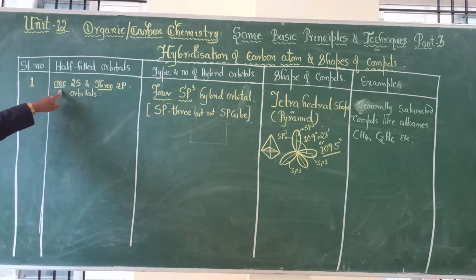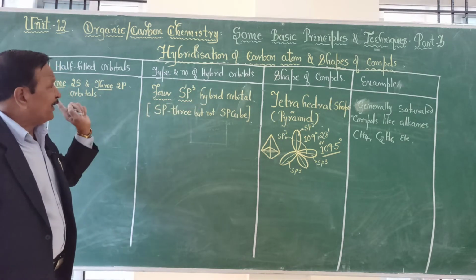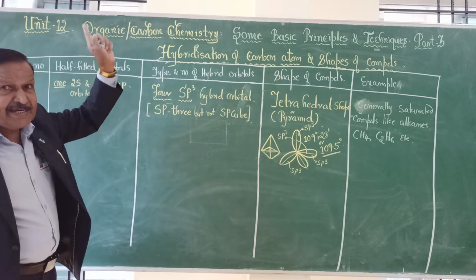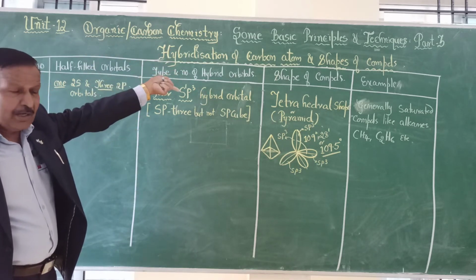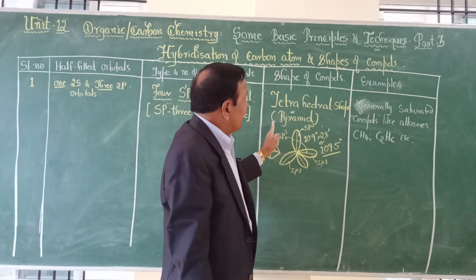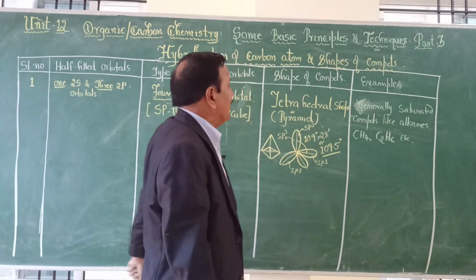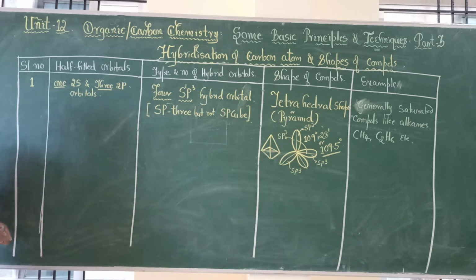So 2s will combine with 2p, and we are going to get here sp3 hybrid orbitals, and that you are going to study in detail in chemical bonding. Okay, but only we want this much. The shape will be tetrahedral shape, and that is also called pyramid shape, and this type of shape is normally found in, okay, we get 4 sp3 hybrid orbitals. Next, second one, 1s should be there every time. Why?